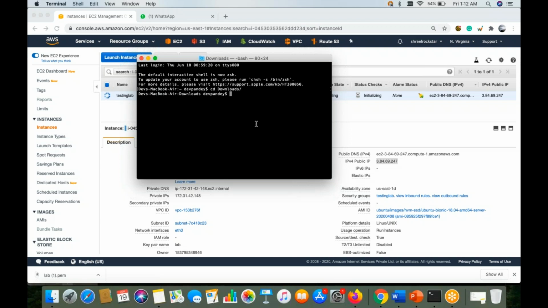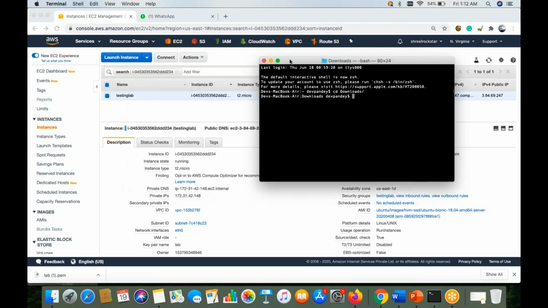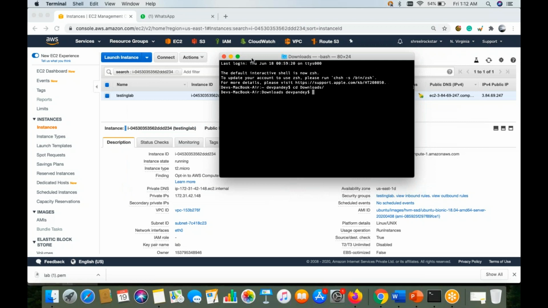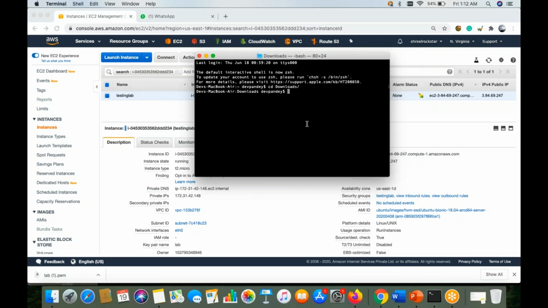From Windows, guys, if you are accessing the Linux machine, then PuTTY software is required. I'll guide you tomorrow on how to download it and how to convert this PEM to PPK. There are basic processes which we'll go through tomorrow, so that can also be done. But right now I'm using a Mac, so it is a little bit of a basic difference. chmod. I have to change the permission for this key.